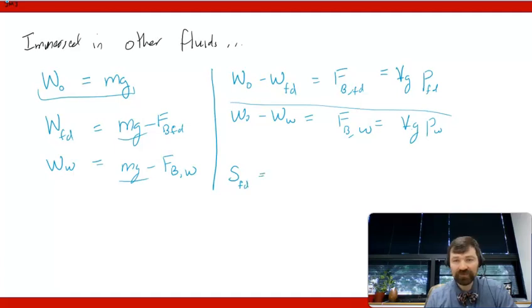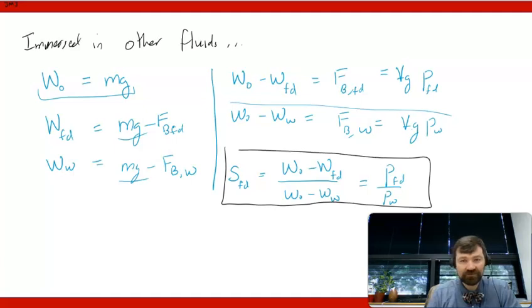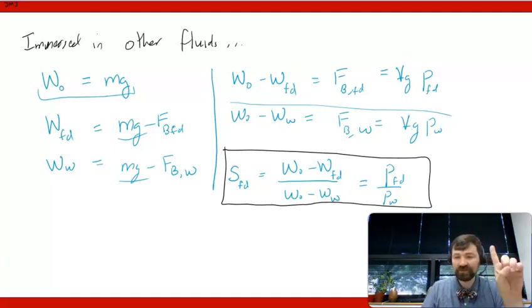S fluid becomes W naught minus weight while in fluid, divided by W naught minus weight in water, which is just the fluid density divided by the water density. So that's how you determine the specific gravity of a random fluid, just by weighing an object 3 times in this case. Once in the air or in vacuum, once while totally submerged in water,